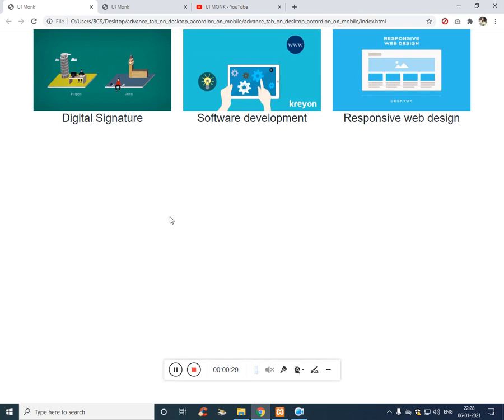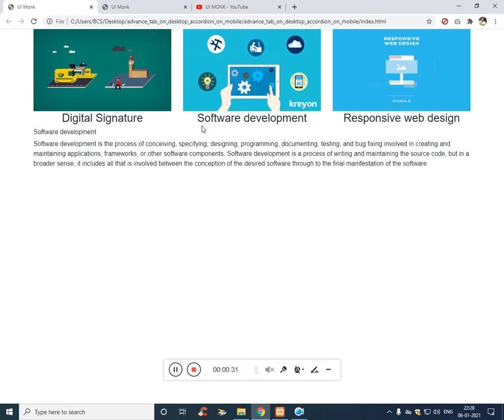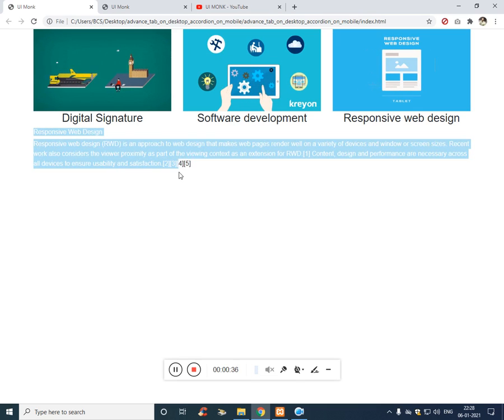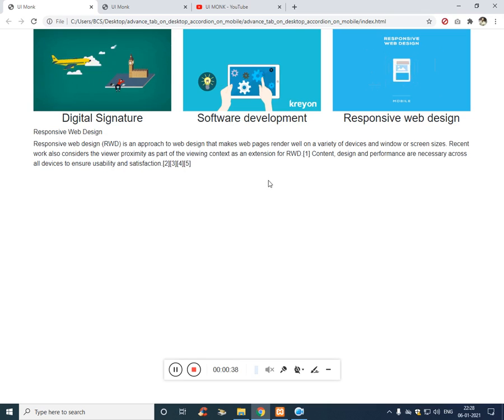What it basically does is, if you click on software, the data related to software comes up. If you click on responsive web design, the data related to web design comes up. No big deal, isn't it? So